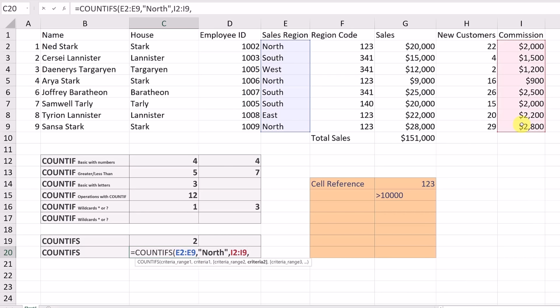So I put my comma again. And what am I looking for? So I use my quotes again. I'm looking for anything greater than or equal to, we'll say, 2,000. So I'm going to put in my 2,000 here and my quotation marks and my parentheses, and I'll hit enter